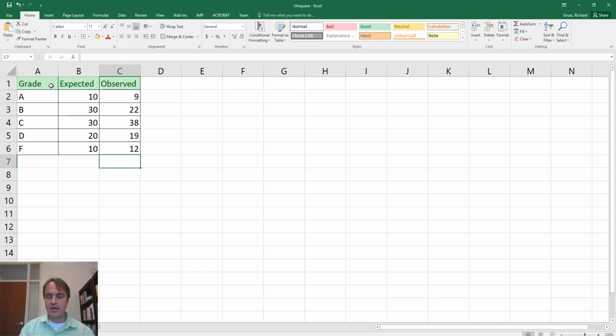So have I fulfilled the university's expectation of a grade distribution in this particular term? So I want to say, well, okay, it looks like I've got approximately the same number of A's. It looks like I'm short of B's here, kind of high on C's, and the D's and F's are kind of close. But once again, we want to formalize this intuition, this observation,